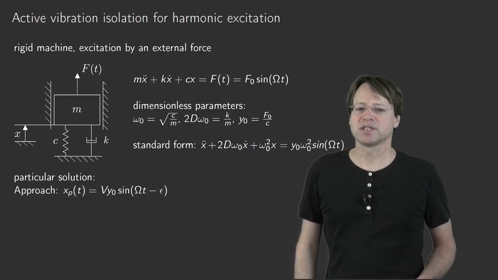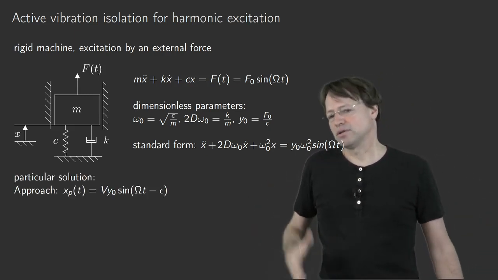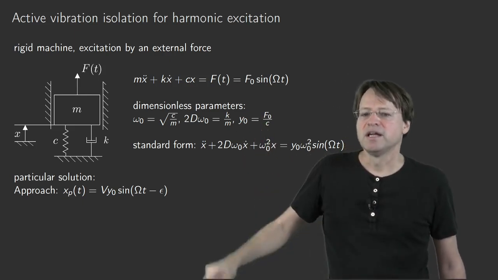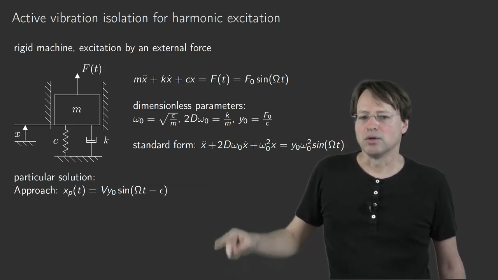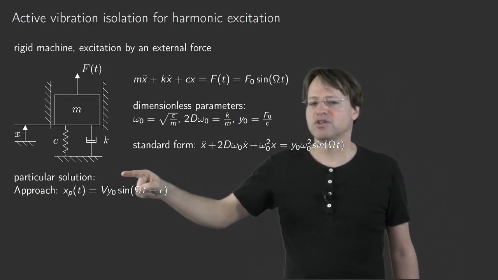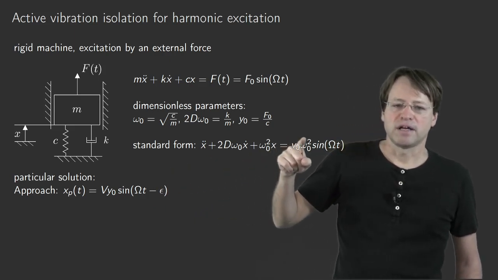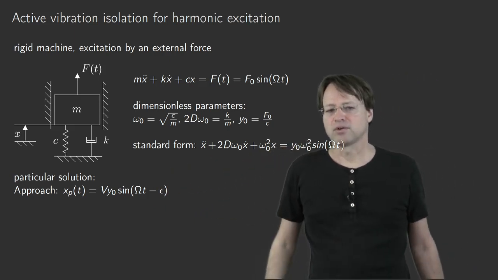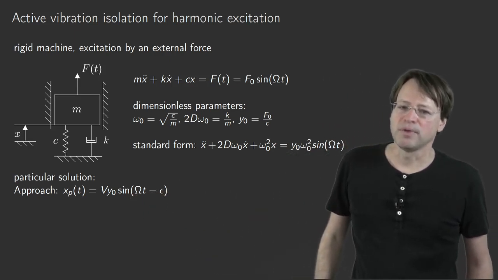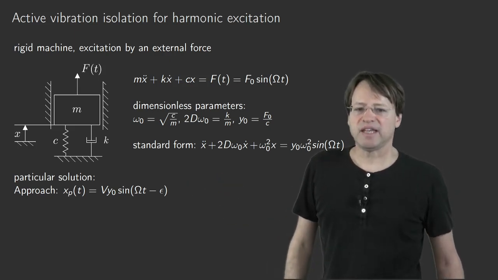So I'm only interested here in the particular solution, as I know that the solution of the homogeneous equation will decrease exponentially, and for that particular solution I look at the right-hand side. I use a magnification factor V. I use the same y naught as I find on the right-hand side, because then the factor y naught will cancel, and I use a harmonic function sine omega t, however, minus a phase shift epsilon, because